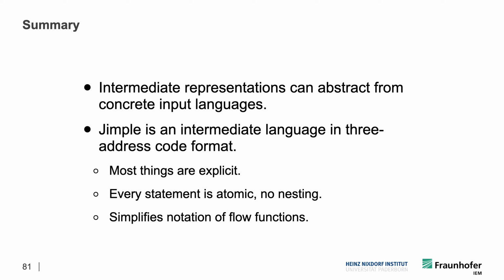Jimple is an intermediate language in three-address code format, like I explained, right? So it has this property that it has only these simple statements. Also, most things are really explicit, like I explained. Every statement is atomic, there is no nesting, and this therefore simplifies the notation of flow functions that I will be showing you later. So a flow function is basically